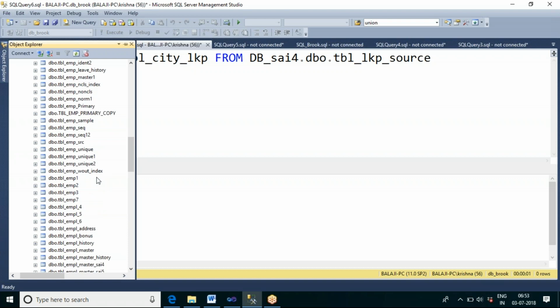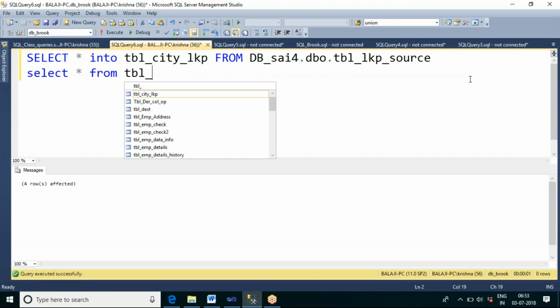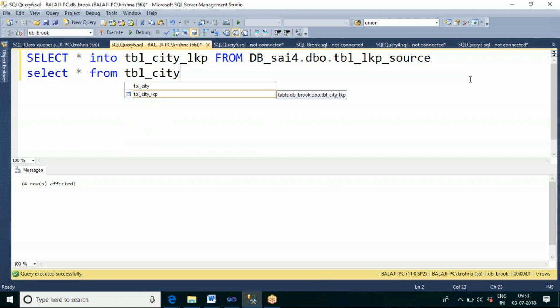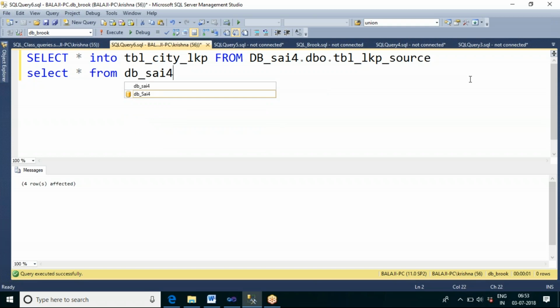So let us say table underscore city. So I have the city information in one table: what is the city ID, city name, and the state name.